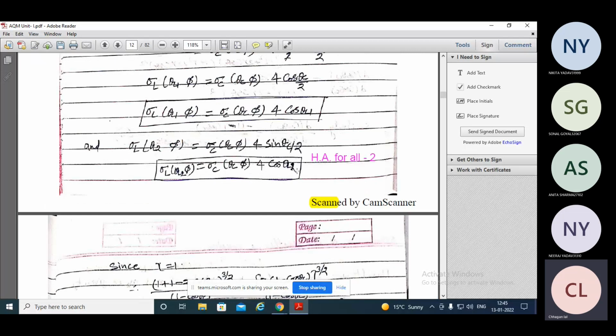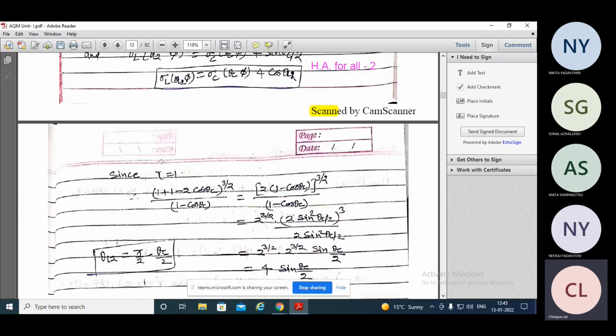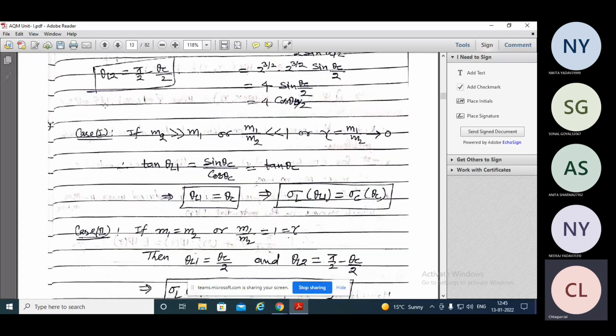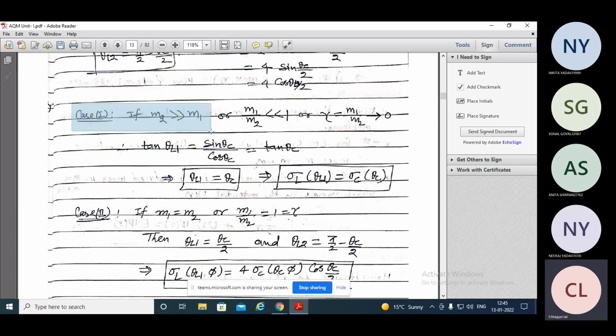इसलिए यहाँ पर कोस थीटा L2 है, यानी कि जो मल्टीप्लिकेशन फैक्टर है वो तो सेम रहेगा, ओनली थीटा L1 और थीटा L2। जब हम फंक्शन की बात करेंगे इन द लेबोरेटरी फ्रेम और द सी फ्रेम, तो अगर मान लीजिए ये केस हो हमारे पास, केस फर्स्ट, अगर मान लीजिए हमने कहा M2 इज ग्रेटर देन M1, then how can we say M1 over M2 less than 1, or we can say gamma tends to 0 because M2 is greater than M1, so this term goes to 0, so that's why here we can represent tan theta L1 equal to sin theta C over cos theta C। ये टर्म ऊपर से आप देख सकते हैं,